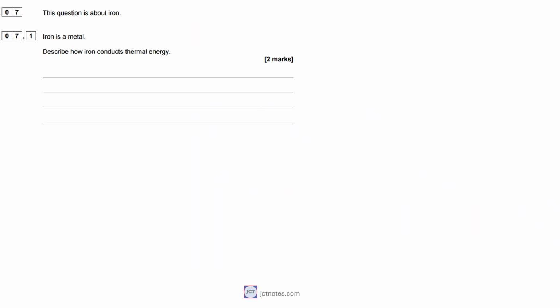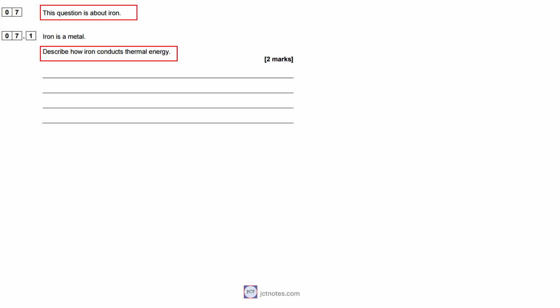Moving on to question 7, which is all about the metal iron. Question 7.1 asks us to describe how iron conducts thermal energy. This is worth 2 marks. Looking at the examiner's report, only a quarter of students managed to score both marks here, and a massive 1/3 of students scored 0. Let's look at why so many students missed out, and how you can lock in these